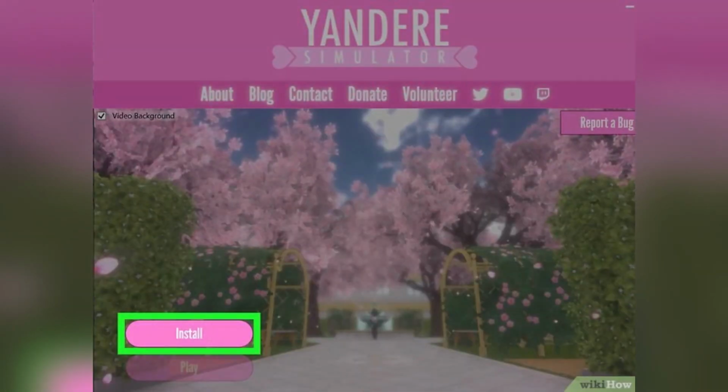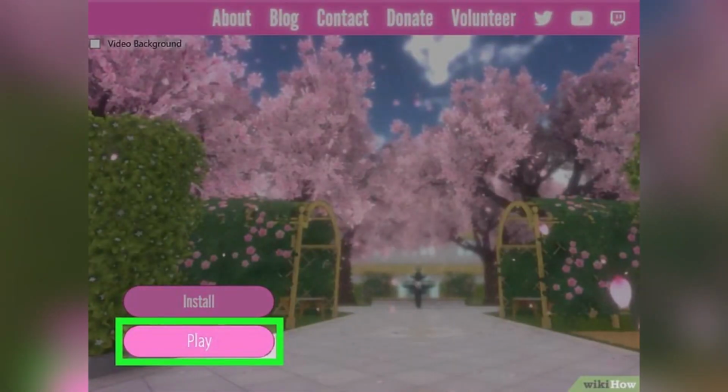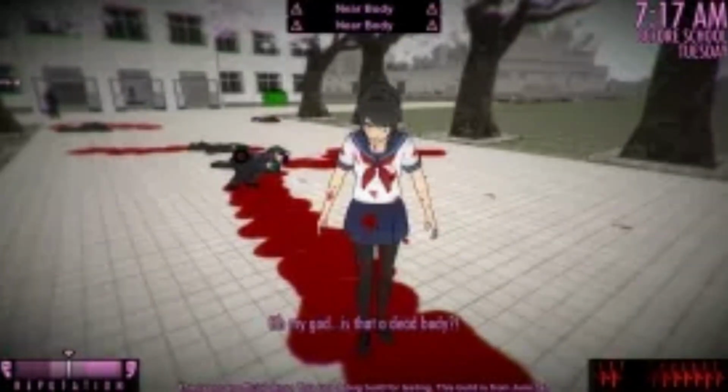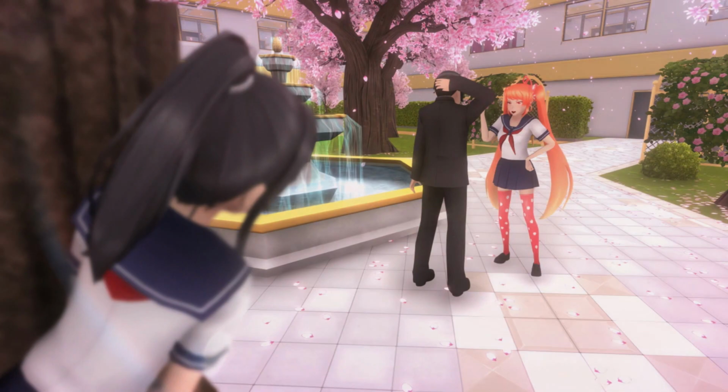If you're using a game client like Steam, launch the game through the client. Yandere AI Girlfriend Simulator usually involves building a relationship with an AI character that evolves based on your interactions. The AI girlfriend will react to how you treat her. The game often features a variety of emotions and responses based on your choices. You may be asked to perform specific tasks to gain affection, avoid being too controlling, and keep her happy while